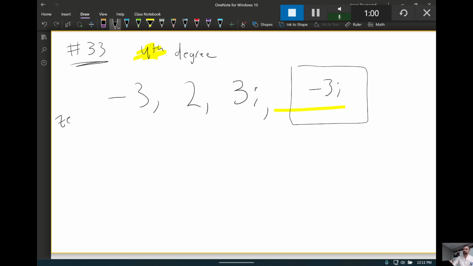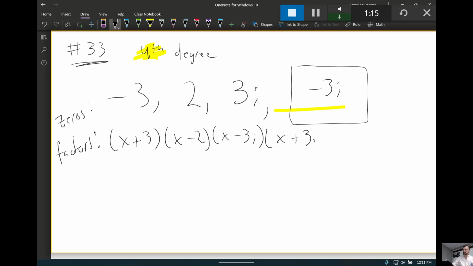Then, to change these from zeros to factors, you just need to do x minus each one. And of course, minus a negative, I'm just switching to positive. And now, depending on the directions, you could be finished here, but this one said it wanted you to multiply it together so that you end up with real coefficients. So it doesn't want it written as a product of linear factors, it wants it as a polynomial with real